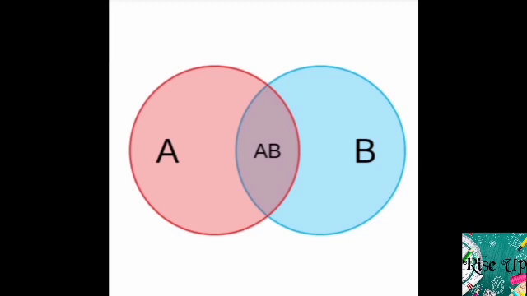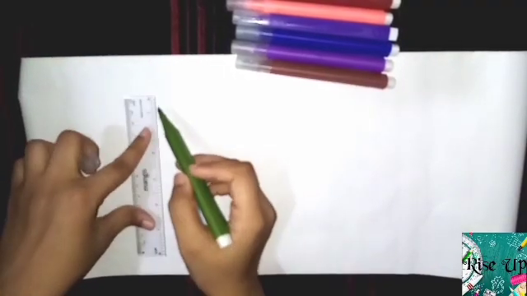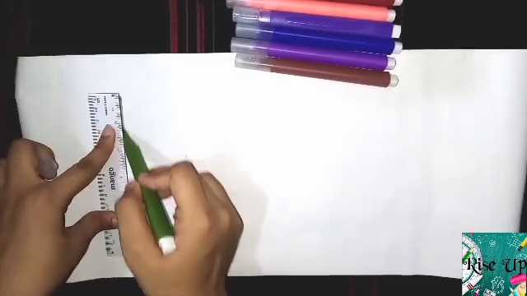The other fact is the objects that do not fit any of the sets A, B or even AB will be entered in the outside portion, that is the white background portion. So this is the brief explanation on sets. Okay, to explain more about Venn diagrams, I'll just draw and show you first of all the Venn diagram.